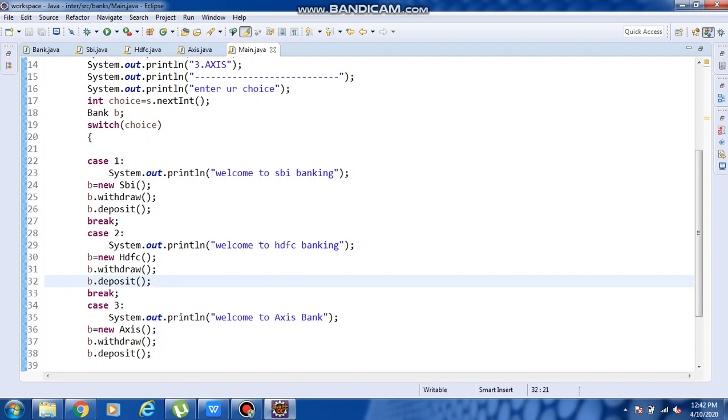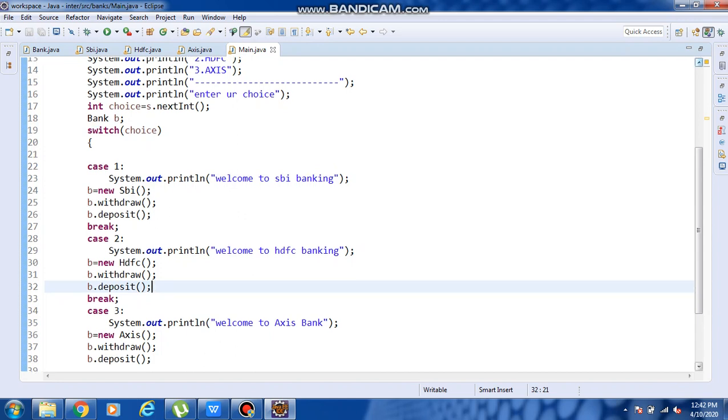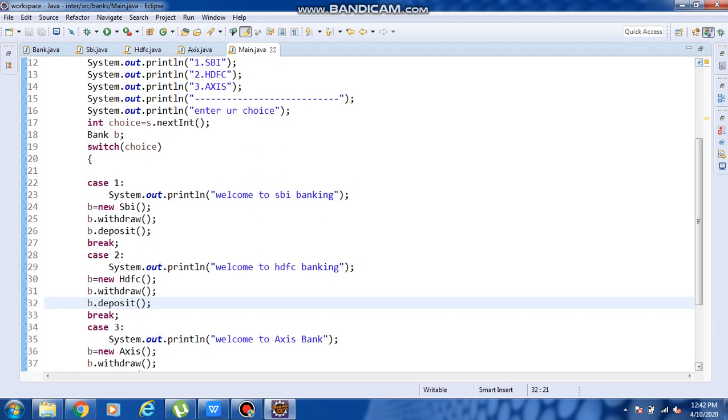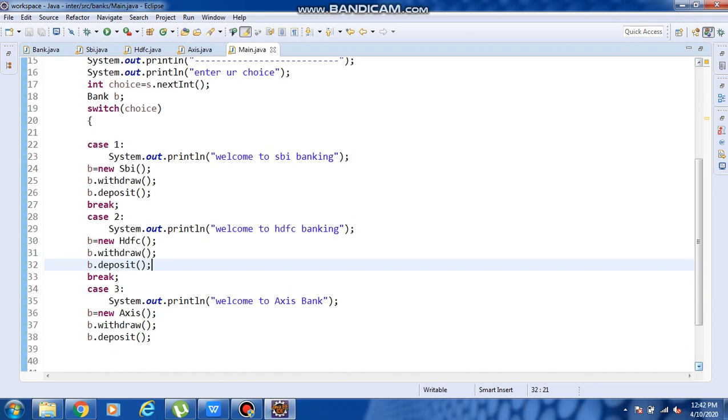Once again if I come to SBI, how it asked on the top, like SBI, HDFC, Axis, same like that it has to ask. Welcome to SBI banking. Your available options: one is deposit, another one is withdraw. If I select withdraw, it has to perform only withdrawal. If I give deposit, it has to perform only deposit.